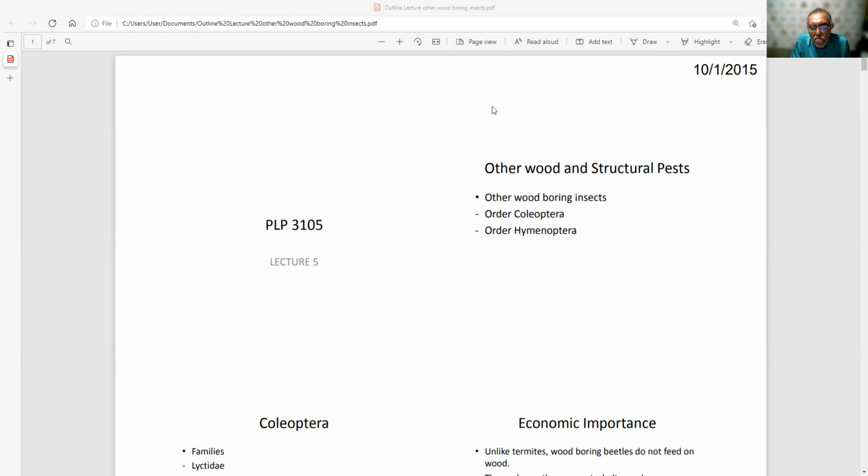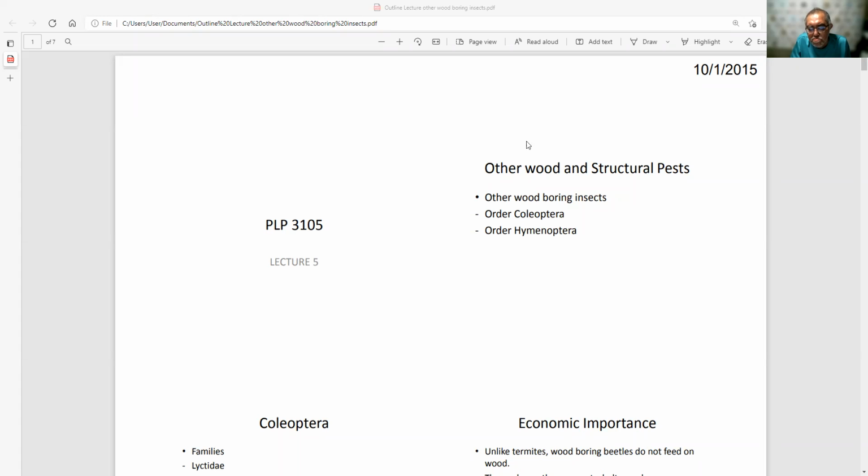Ialah anai-anai dia feed on wood. Anai-anai dia makan kayu ataupun bahan-bahan daripada selulos ataupun the derivatives. Tetapi serangga yang kita akan cover pagi ini, dia tidak makan kayu, tapi dia merosakkan kayu. So what do we mean by that? Dia tak makan kayu tapi merosakkan kayu. So let us see